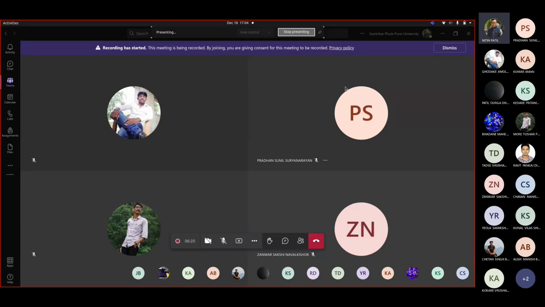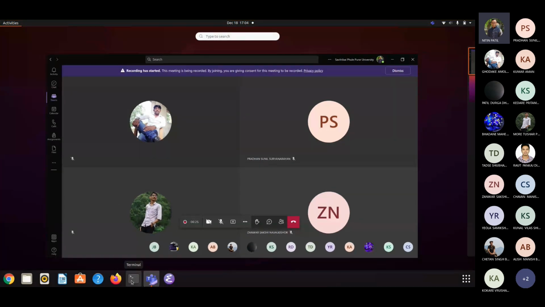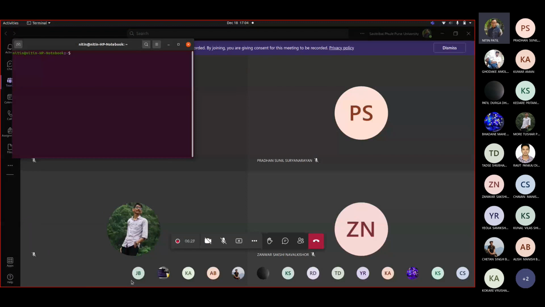Okay. So I want you to install, as I said, pgAdmin, which would be a GUI. So it should be pgAdmin 4.